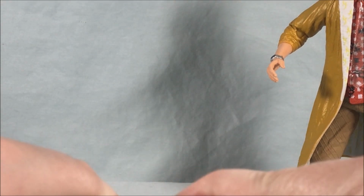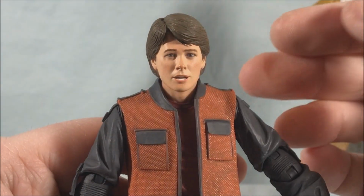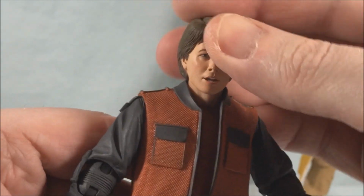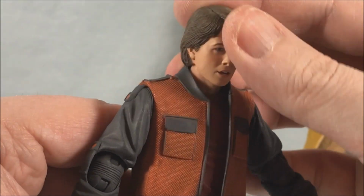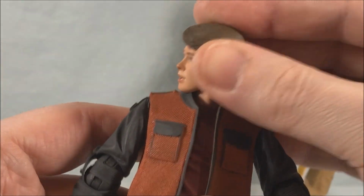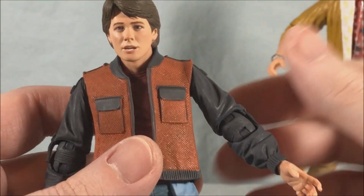Should pop on, but wow, it's really, there it goes. Okay. Once it's on there, it's pretty good. And again, nice range of motion, so you can move the head all the way around like that. You can look up, you can look pretty decently down. It's really just where the hair hits into the back of the jacket. So, a little difficult to get on and off, but once it's on there, it snaps on really nice and